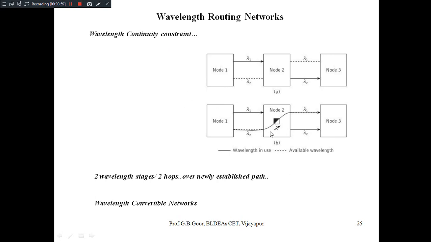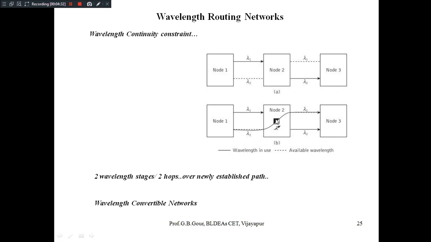Simply by configuring node 2, the intermediate node, as a switching node. We want it to convert lambda 2 to lambda 1. Lambda 2 is going as input to node 2, and we want node 2 to convert it to the compliant wavelength, lambda 1. So we configure node 2, the intermediate node, as a wavelength converter.